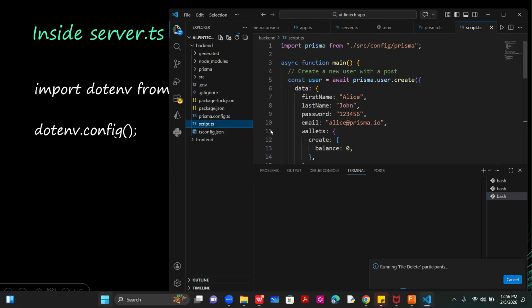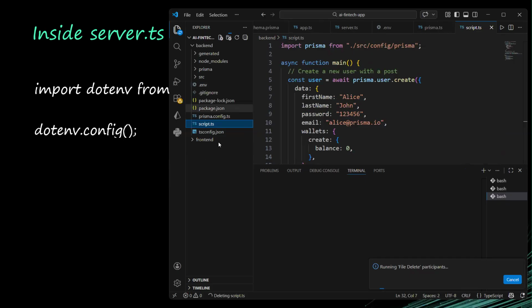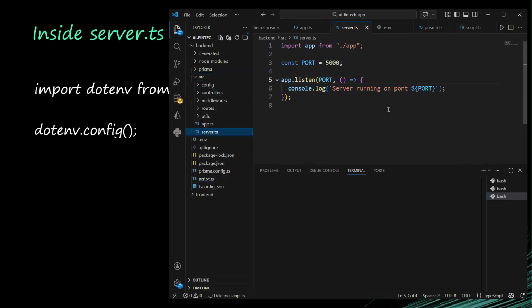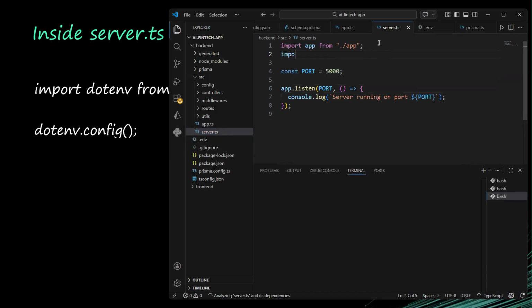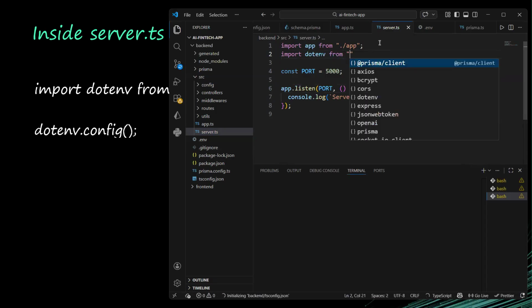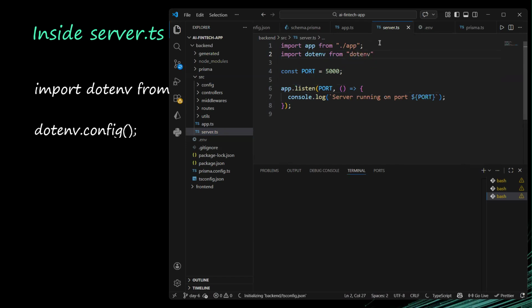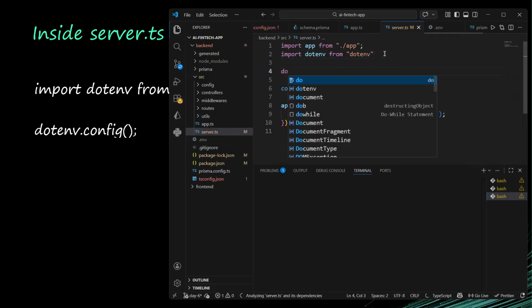So go to server.ts. I'll come to your server.ts, and anyway, I don't think this is necessary, but let's just import dotenv from dotenv. Okay, so now once we do that, we have to run the config method,